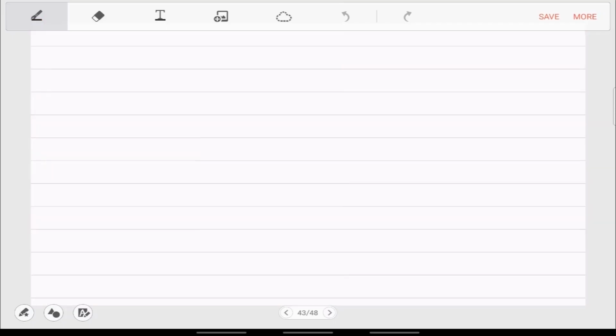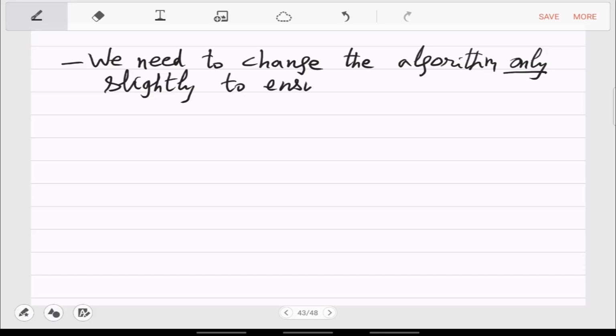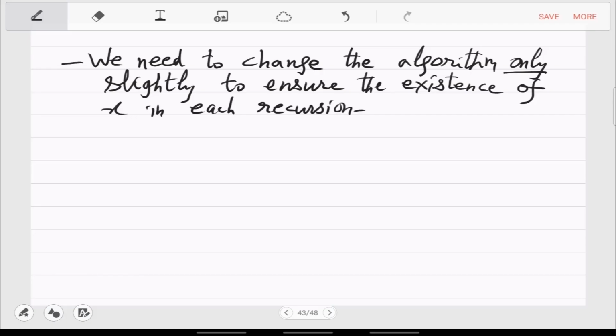We need to change the algorithm only slightly to ensure the existence of this X in each induction step or recursion step. So let us see that.